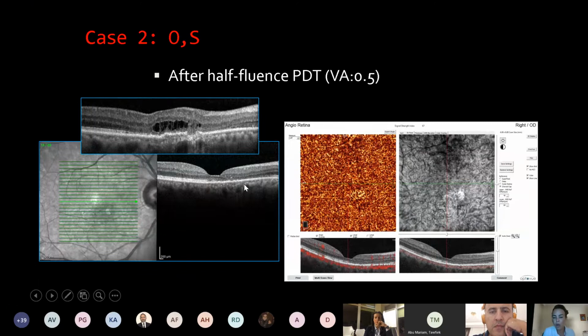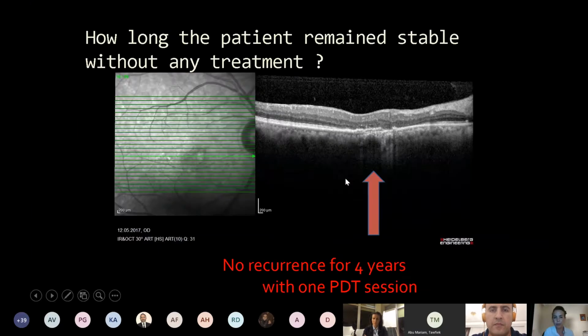There was total resolution. All cystic spaces disappeared after treatment. You see this disruption of the outer retinal layers and some RPE atrophy corresponding to that area, but the patient was doing well at that time. The visual acuity increased to 0.5. Unfortunately, it's only 0.5 because he already had these RPE changes and disruption of the outer retinal layers, but he was very happy with the results. And here you see the choroidal neovascular network in the parafoveal area, which is silent in this place.